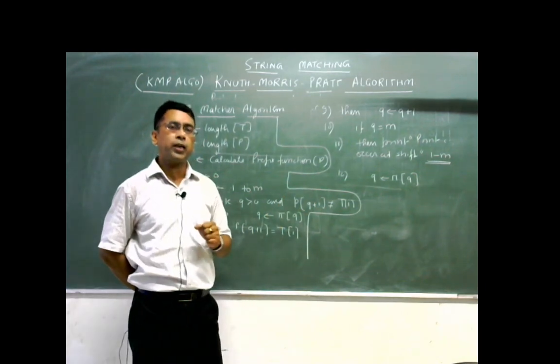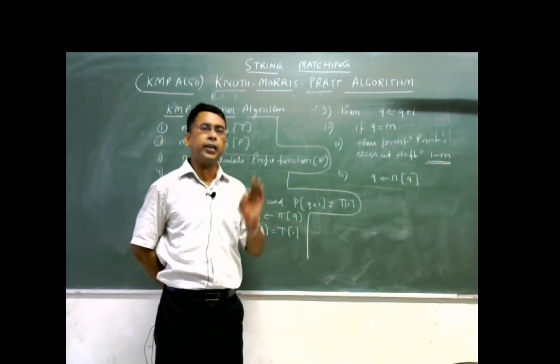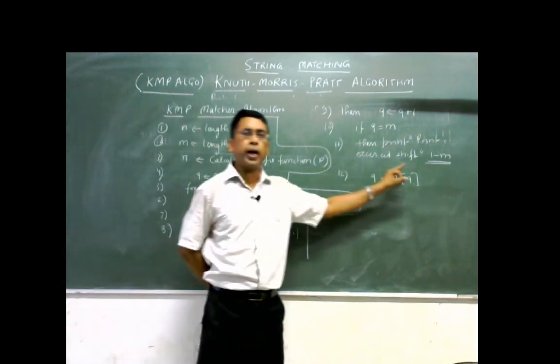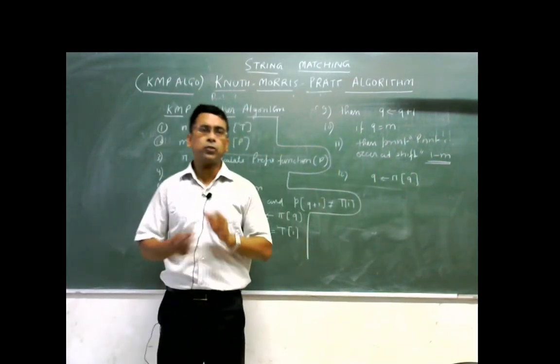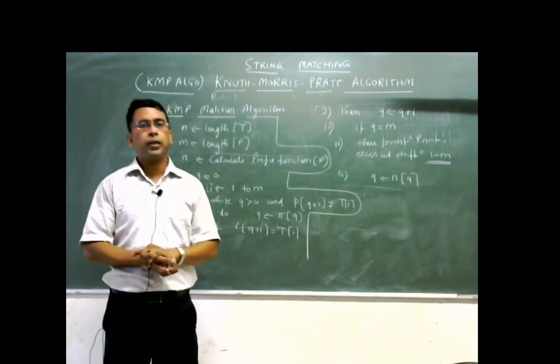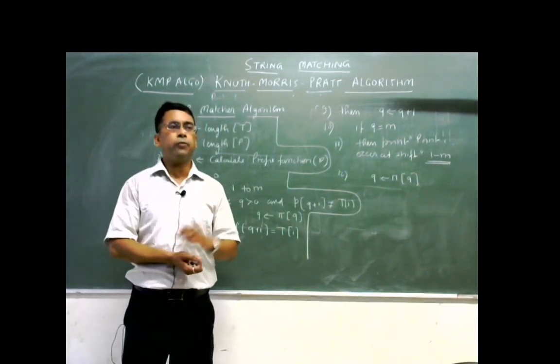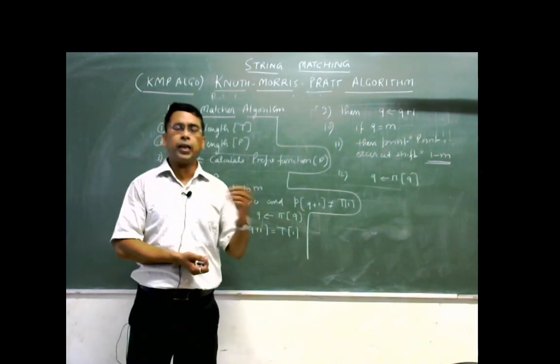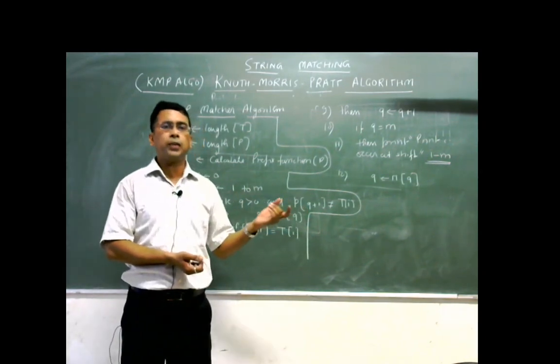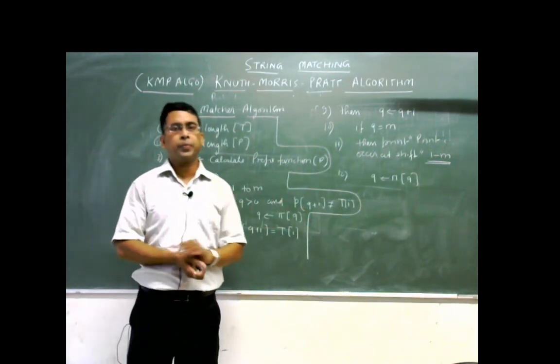And if this matching occur for the length of the pattern, then we declare that at the position number i minus 1, the match has occurred. That's all about the KMP algorithm. The complexity is O n plus m, because at most we need to travel the length of the string and the length of the pattern. So the maximum complexity is equals to n plus m. Thank you. That's all.